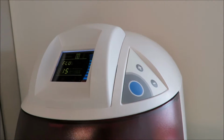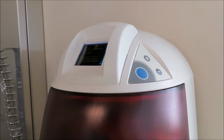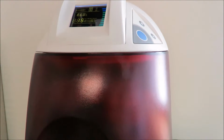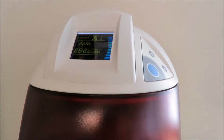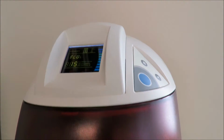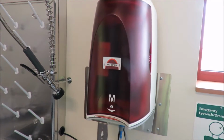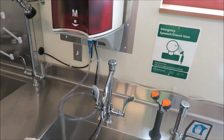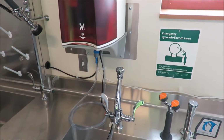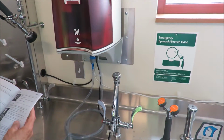I can't see what it's saying. What does it say? FLU 15. Let's see what that says. You pause it. Just pause it and then put it over this. Oh, here, FLU 15. Yeah, well, hold on, the system will now go on